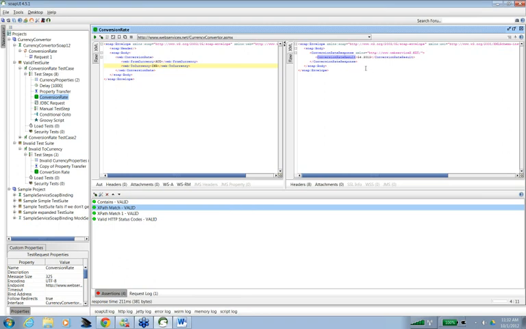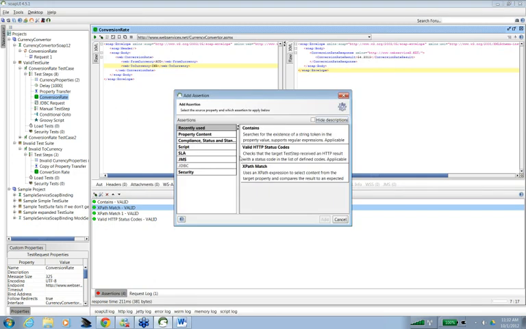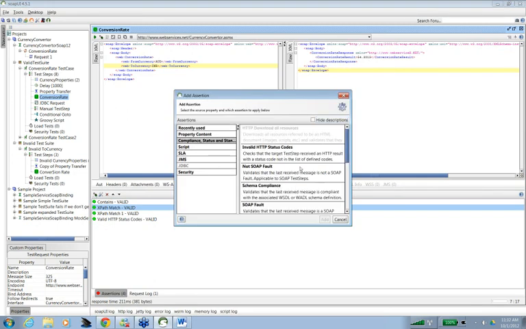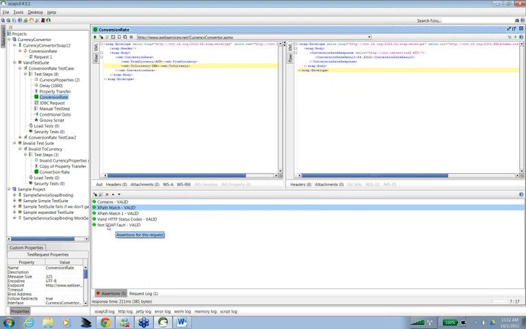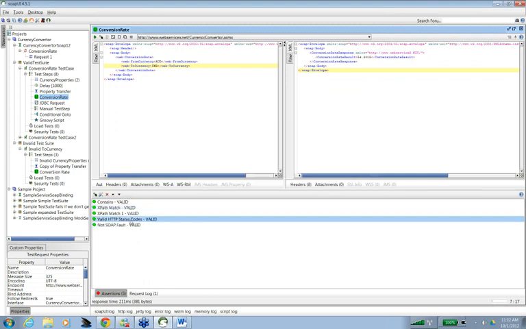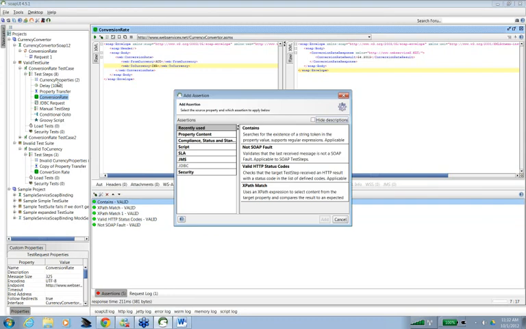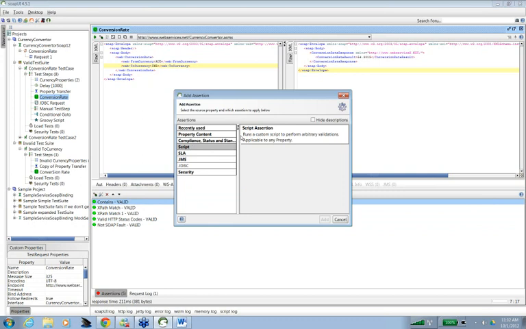In this response, the status is 200. And then we have the not a SOAP fault assertion, so I can add this assertion also. Again, it's green. It's not a SOAP fault. All these assertions I am doing on the valid request. Then you can do some assertions using a script also.